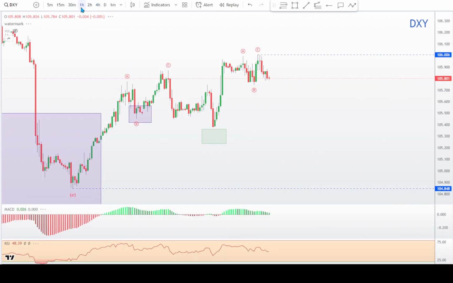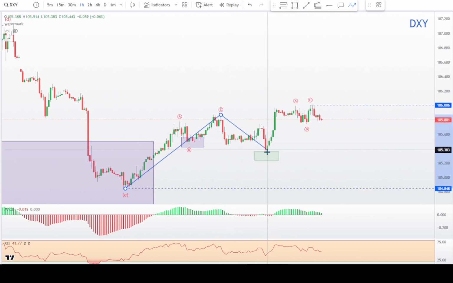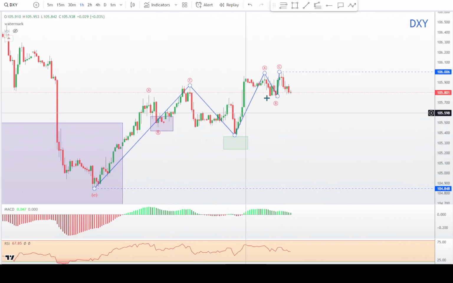So if we drill down to a 1 hour, all I see so far is here's an ABC, and then here's an ABC, and this looks like A, B, and C. But I was thinking, well, maybe this could be a leading diagonal then. But this third wave should have ended up well above 106.10, probably like 106.2. If it finishes up here, then that looks like a third wave. But this